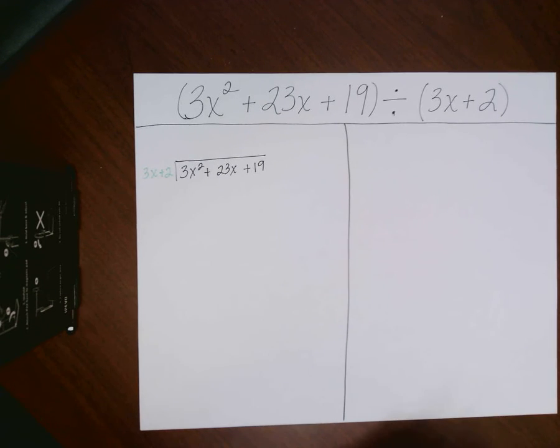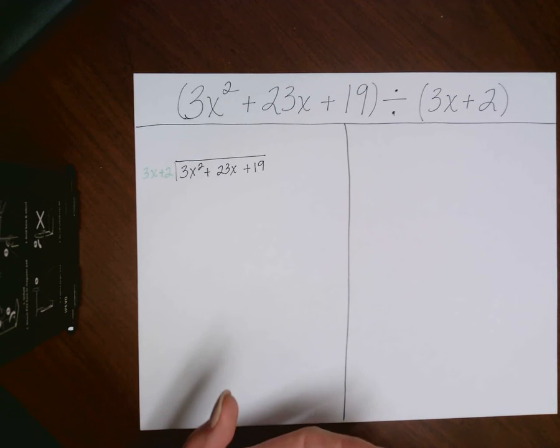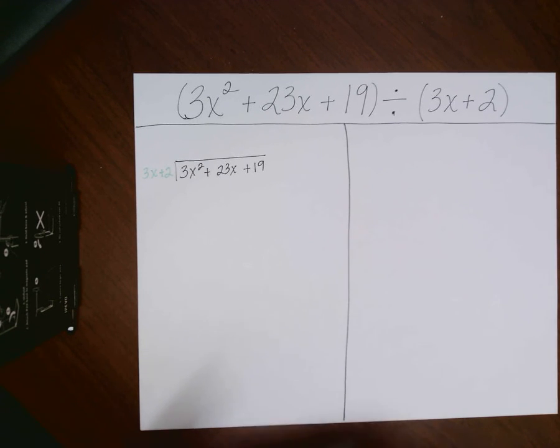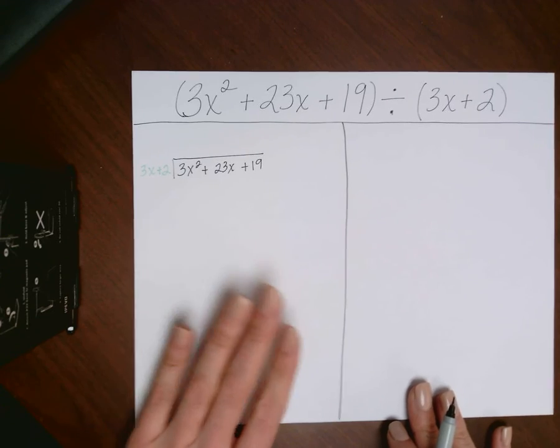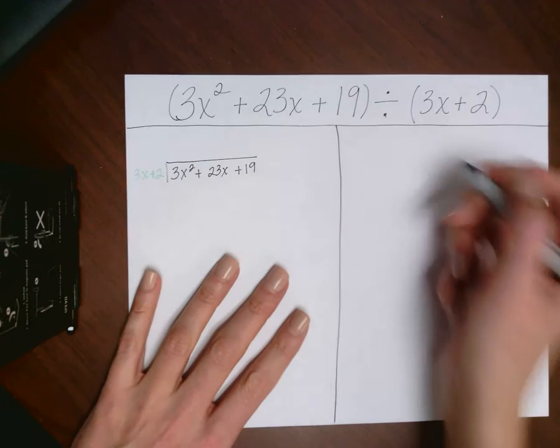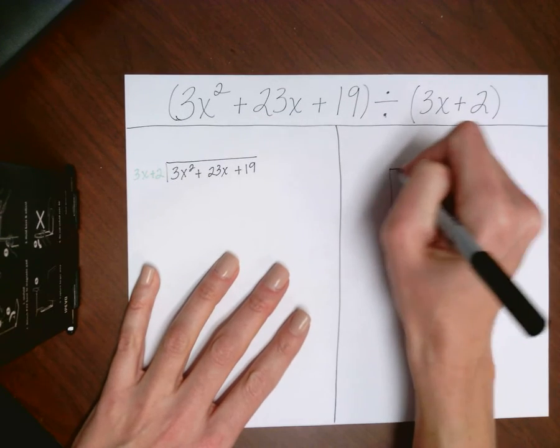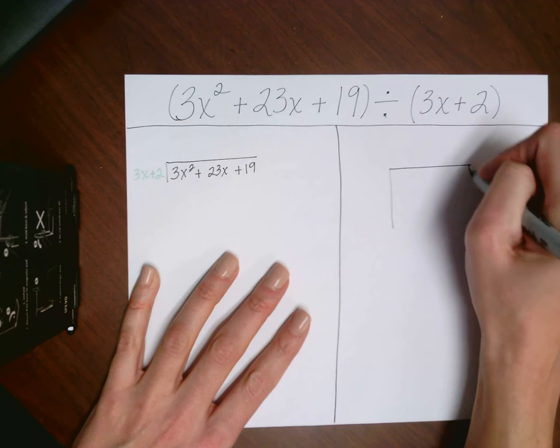It would be very difficult to try to use the area model once you get past a certain number of terms. But especially for our students who are visual learners, or who struggle in their organization of this division algorithm, it's really important that they have a different model to use. So the first thing that we're going to do to set this model up is we